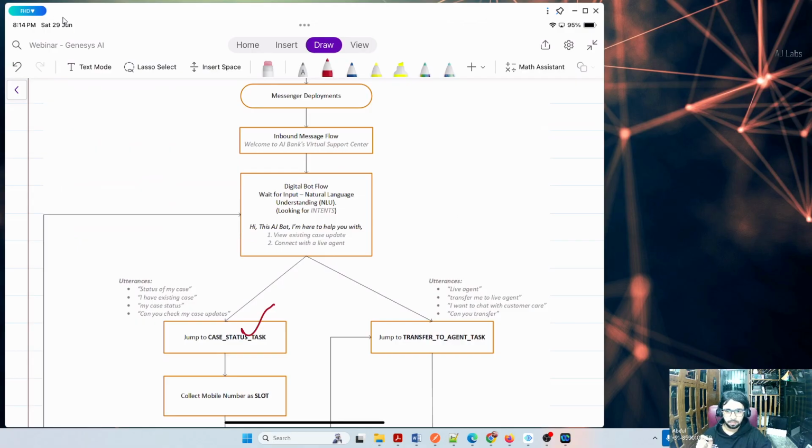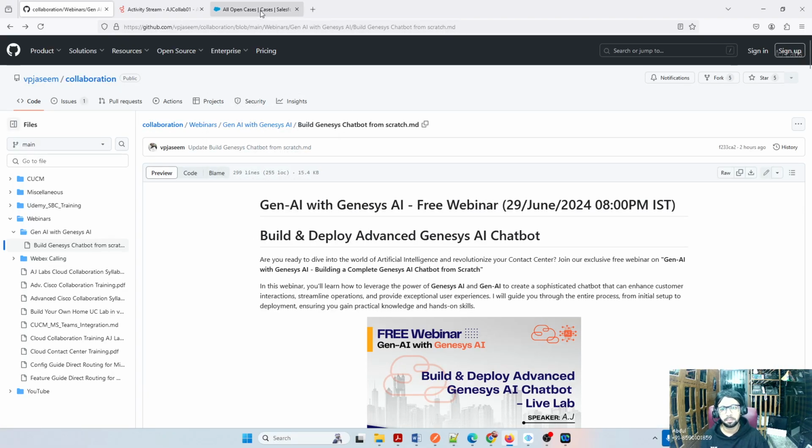Can I ask one question over here? Of course. Yeah, please. For example, if you have ServiceNow or any application, can we integrate it with Genesys or not? We will cover that, don't worry. We do have a proper ServiceNow integration that's packaged up. Is it available in Cisco also?